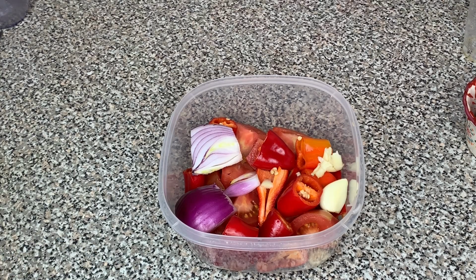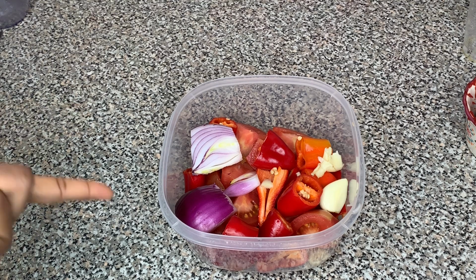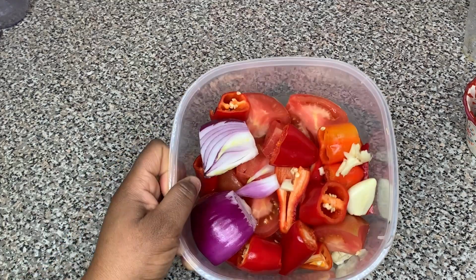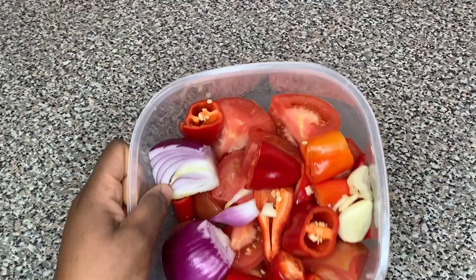Hey guys, so today we're going to be making a new recipe and I'm going to be trying to make some jollof spaghetti. So it's an African dish and it's my first time trying it, so let's get started with the recipe. So the first thing I'm going to be doing is in this bowl, so I have 2 whole